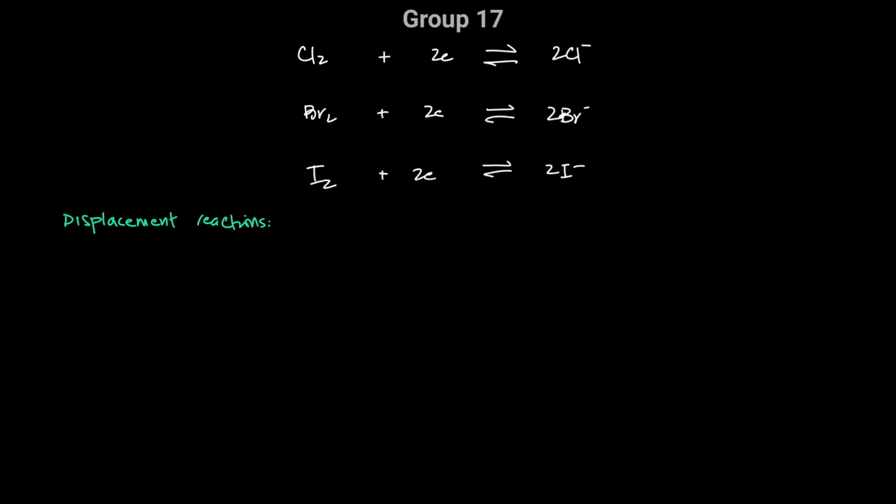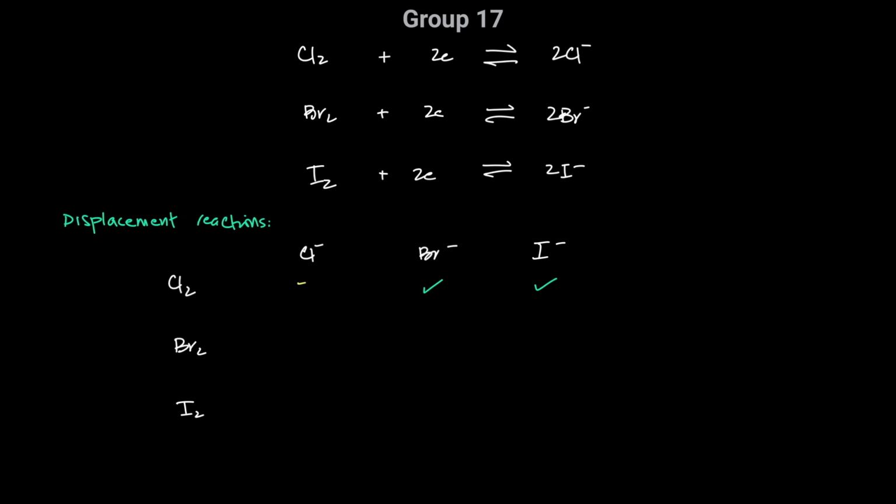So when we talk about displacement reactions, we talk about the halogens reacting with the halides, right? We have chlorine, bromine, and iodine reacting with chloride, bromide, and iodide. So the question is, will chlorine be able to displace bromide and iodide? The answer is yes. Chlorine will be able to oxidize bromide and iodide because it's the most reactive of the